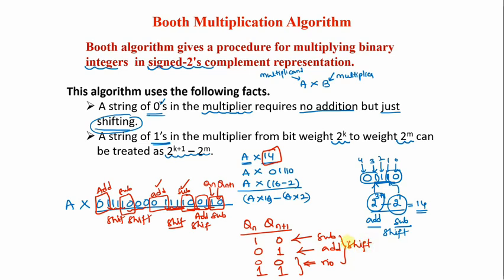So here you observe, wherever you have 1 0, you have to perform a subtraction and a shift. 0 1, perform addition and a shift. 0 0 or 1 1, no operation, but only a shift is required. Based on this, we have to perform multiplication of two numbers. Now look at